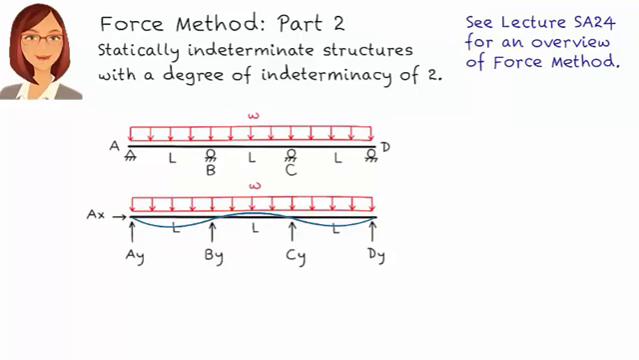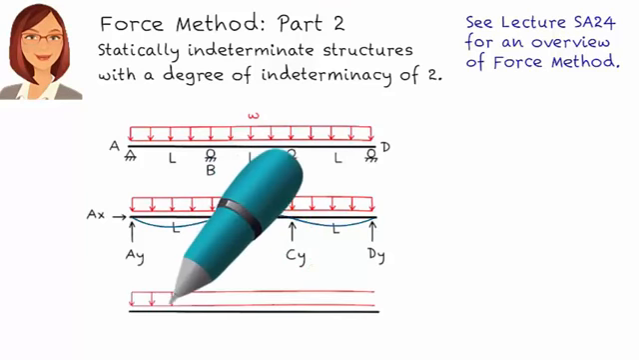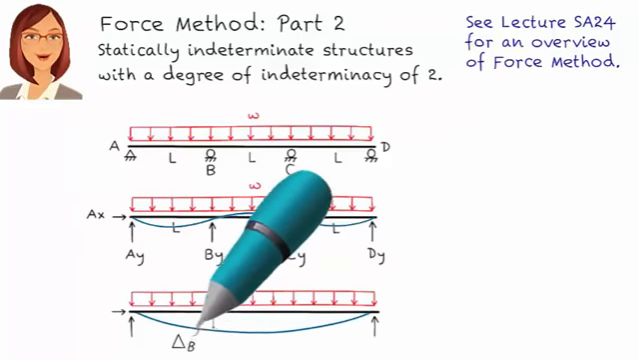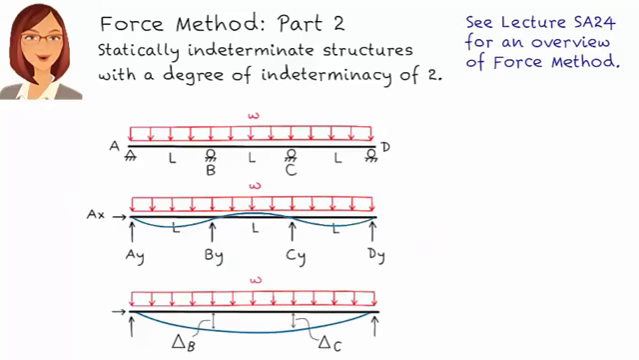Since the degree of indeterminacy of the beam is 2, if we remove 2 of the vertical reactions, we get a statically determinate beam. Let's pick By and Cy as the redundant forces. If we remove them from the free body diagram, we get this. Consequently, since points B and C are no longer restrained against vertical movement, the beam is going to deflect downward like this. Let's refer to the vertical displacement at B as delta B,